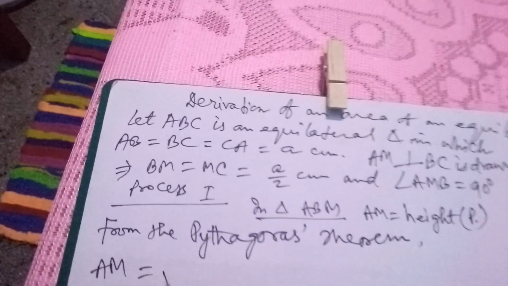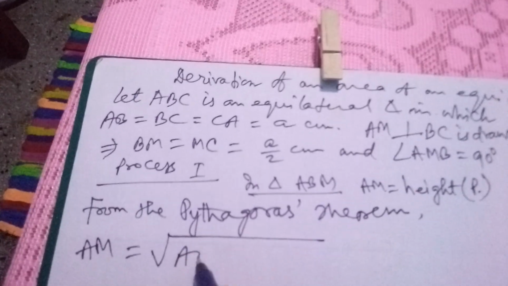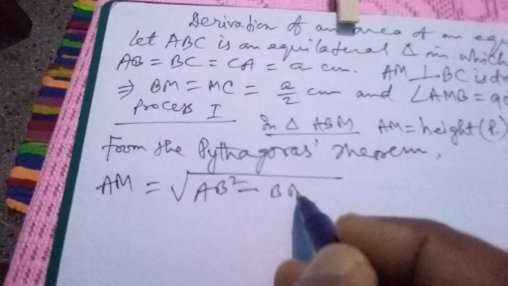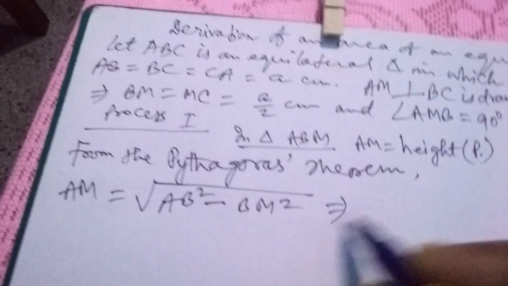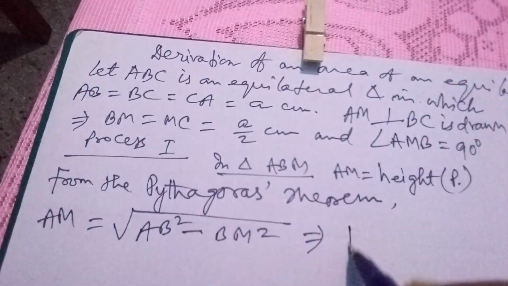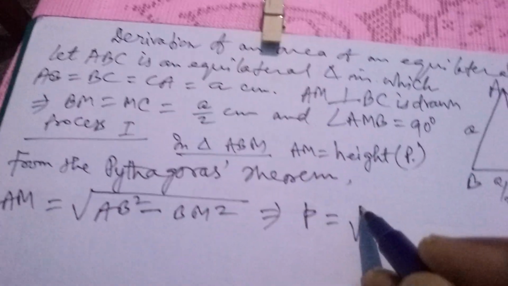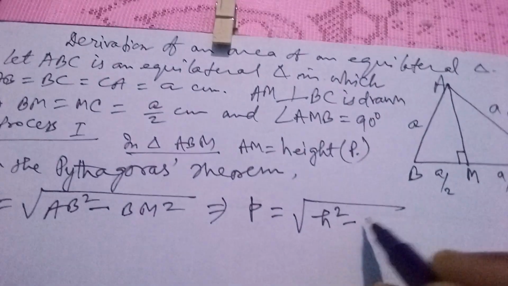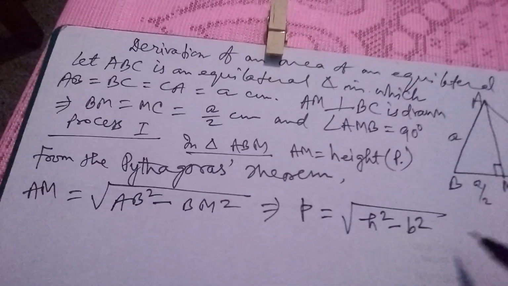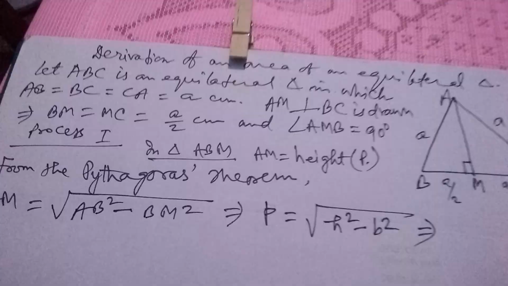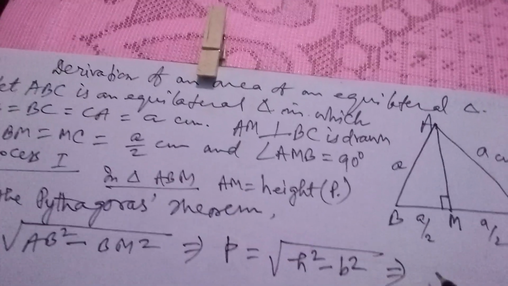Here P equals square root of AB square minus BM square. This implies P equals square root of H square minus B square. This is Pythagoras' theorem, and here P is